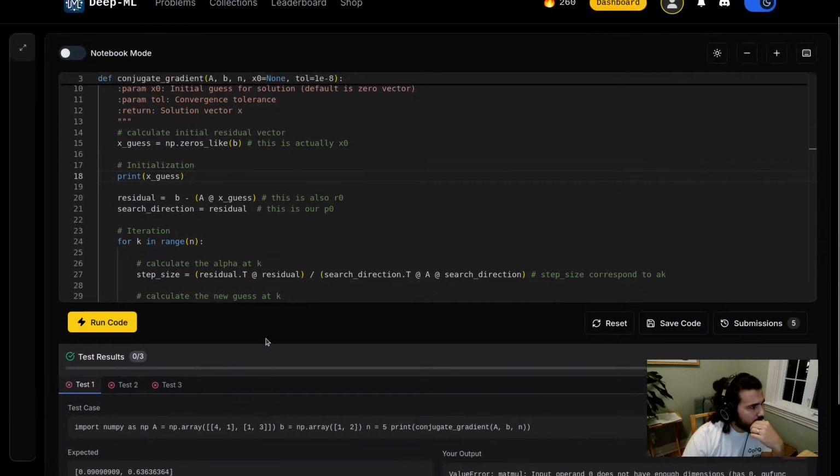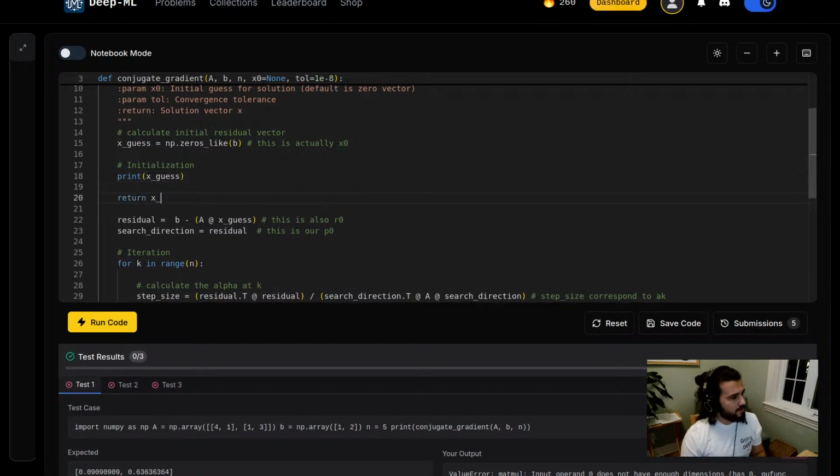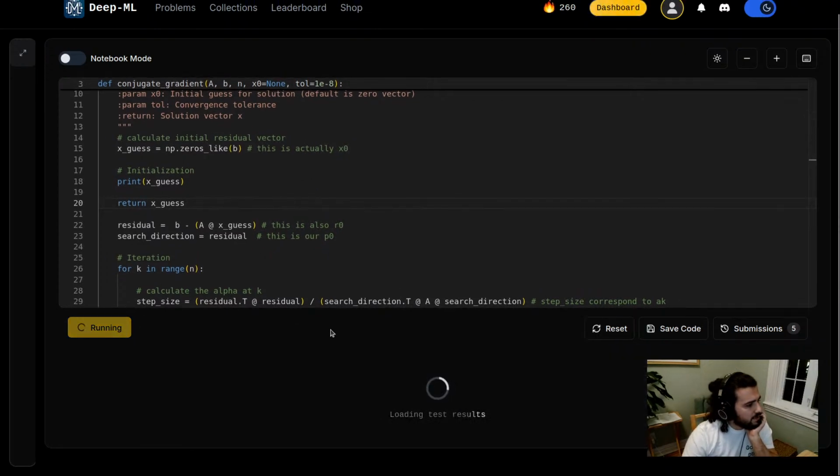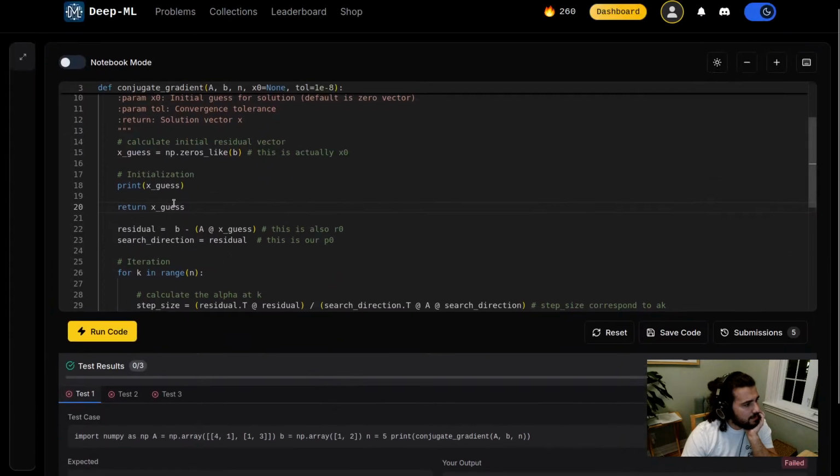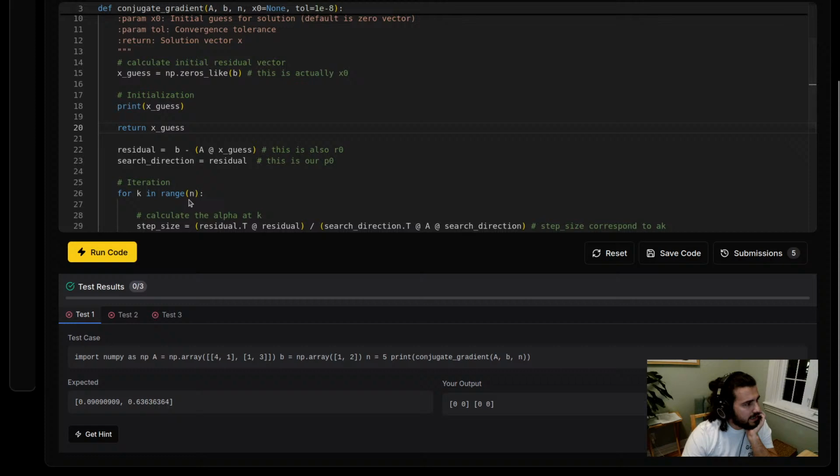Can't even print. Wait. Is it because I didn't save? Okay, wait, I can go there. I output that, right? So will it just run if